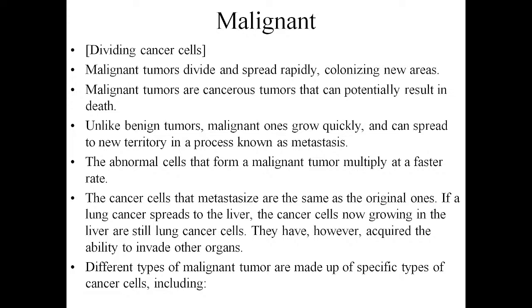If a lung cancer spreads to the liver, the cancer cells now growing in the liver are still lung cancer cells. They have, however, acquired the ability to invade other organs. Different types of malignant tumor are made up of specific types of cancer cells, including